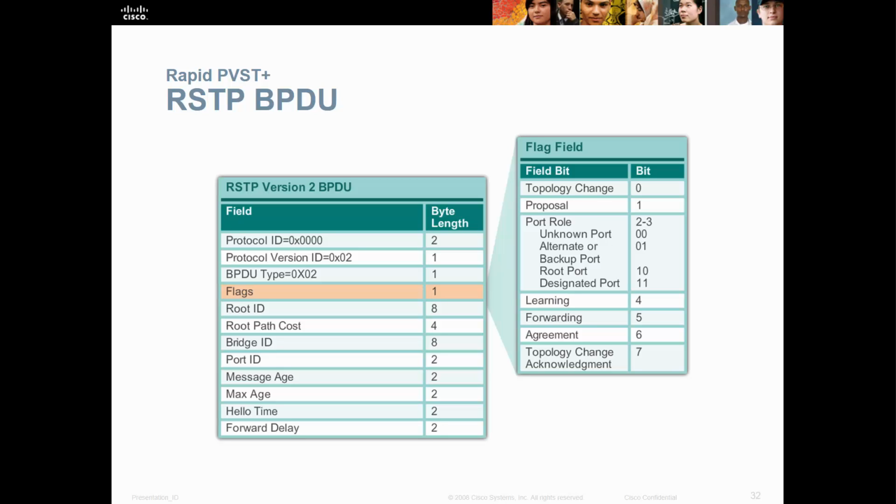The RSTP BPDU flags are here. Protocol ID, protocol type, flags. Here, under flags, we may have 1 byte of data. And what does the byte refer to? Topology changes, proposals, port roles, what we're going to be designating those ports as, and states: learning, forwarding, agreement,